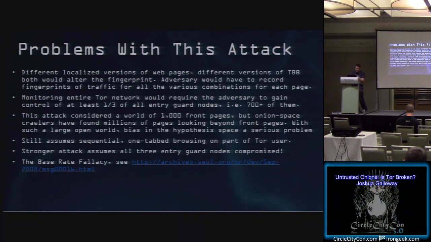And even though the problem space is greatly reduced by the circuit fingerprinting, they still assume sequential one-tabbed browsing, which to me is completely unrealistic. And the stronger attack they talk about, with the 99% true positive rate and 0.07% false positive rate, assumes all 3 entry guard nodes are compromised, which also seems unrealistic. Also the base rate fallacy, which is more involved than I'd like to explain here,